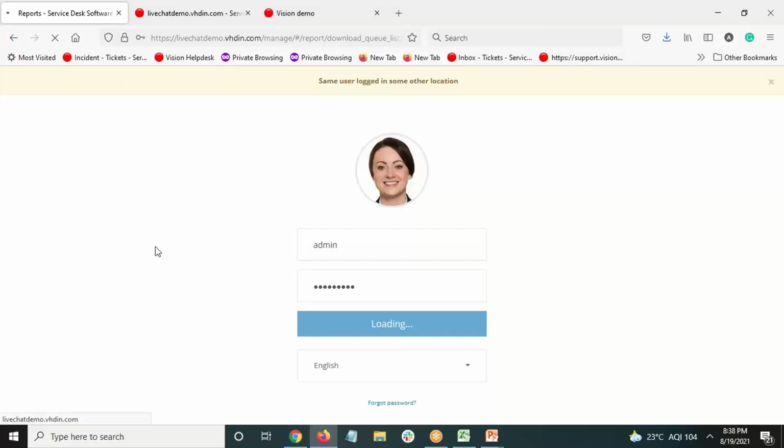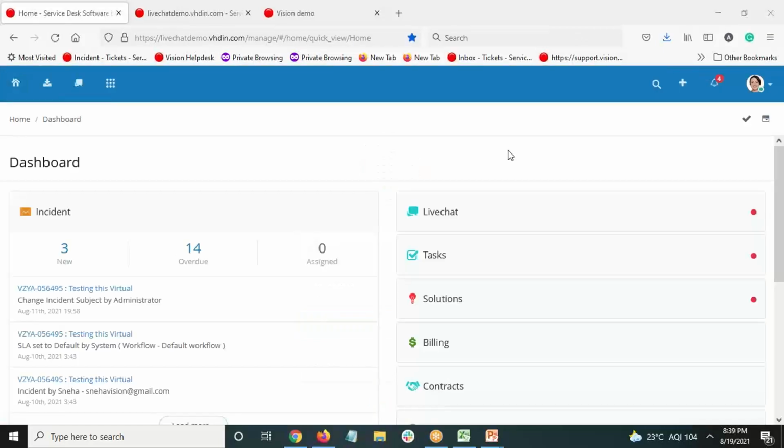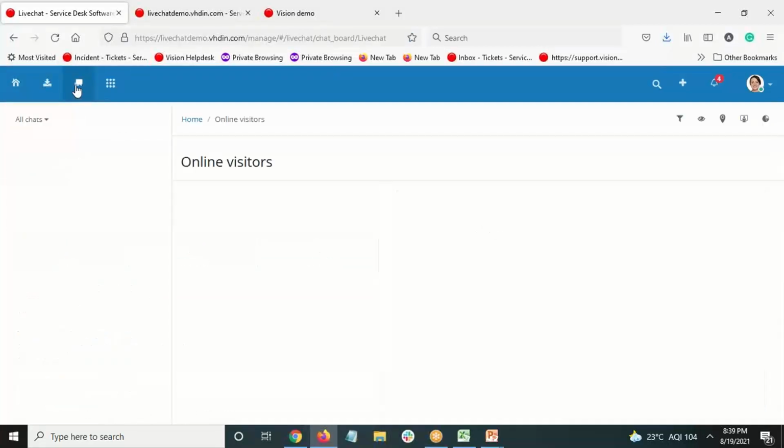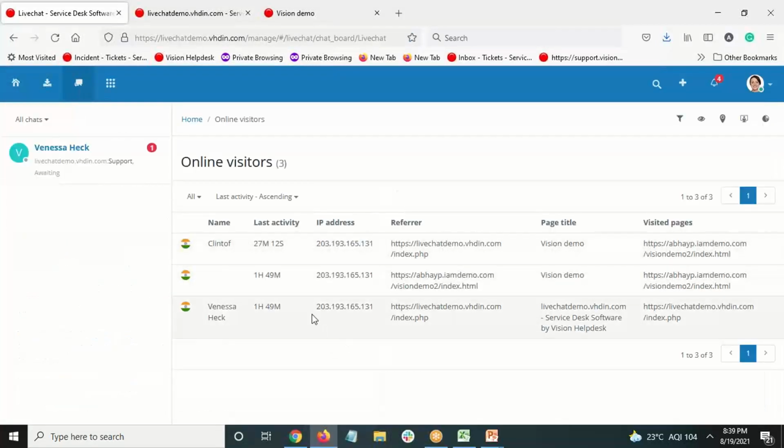Once you log in, you will land on the dashboard, and on the dashboard itself, you will get an overview of all the modules which are present in the system. Over here are the live chat related settings. So this is the visitor board, where you will find all the visitors who are accessing all the web pages where you have displayed your live chat widget.